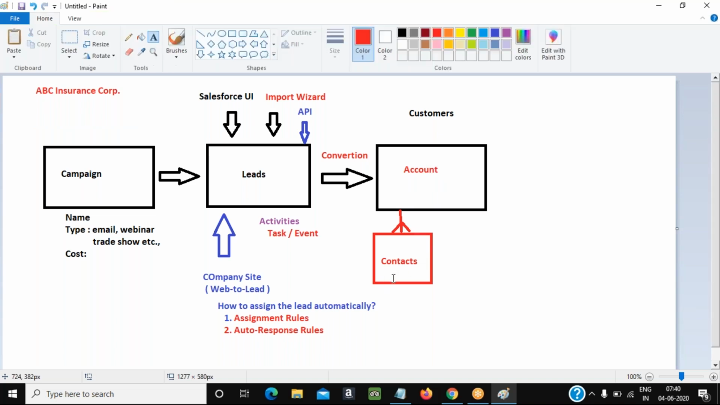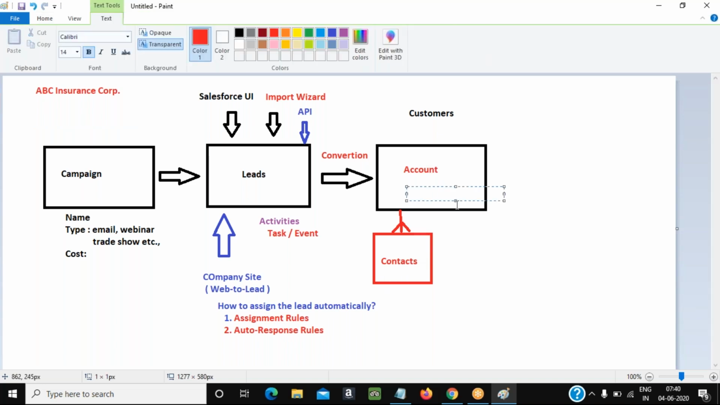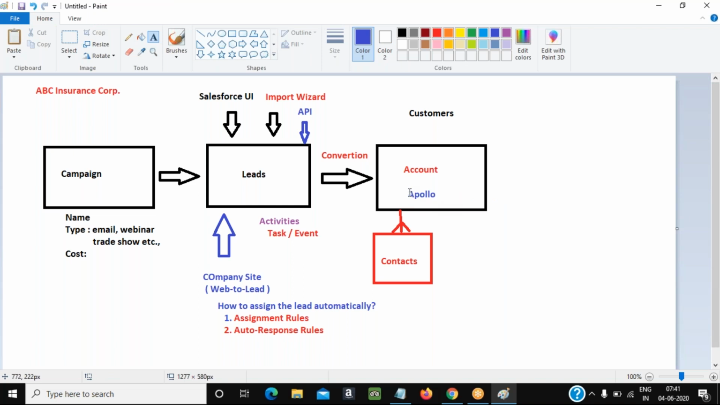There may be a VP of that organization, right? Suppose Apollo is a health organization looking for a bulk volume of product from this insurance corporation. Then what I do, I will store the name of the company and the industry of the company, right? Those details go into my account object, and whoever is the point of contact for ABC Corporation will